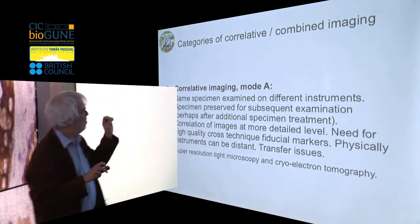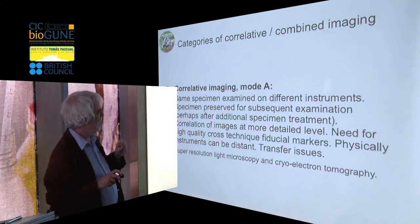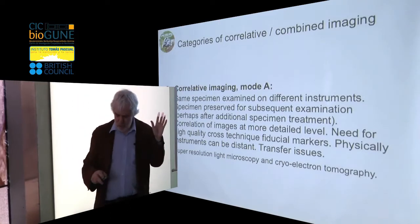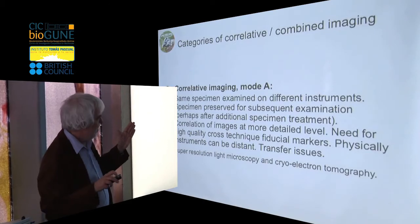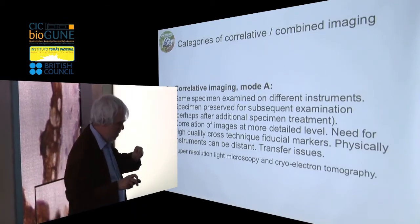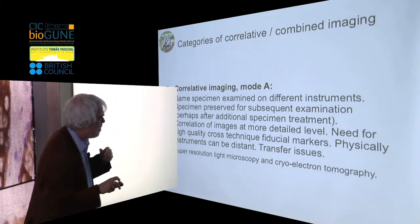The stage beyond that is to take the same sample and transfer it between instruments. This is something that can just about be done, and people can give talks about it, but it's very hard. Just the physical transfer from a cryo light microscope to a cryo electron microscope at the moment is really difficult. So it's not a solved problem in my mind. Okay,